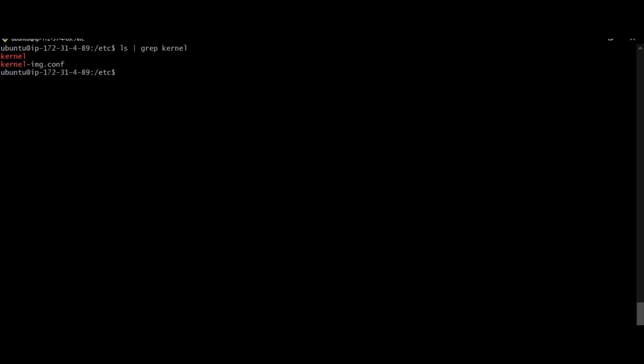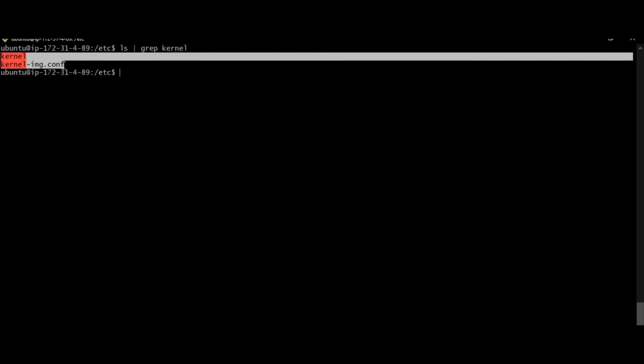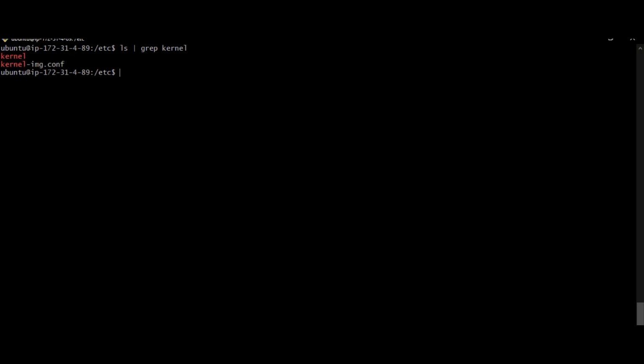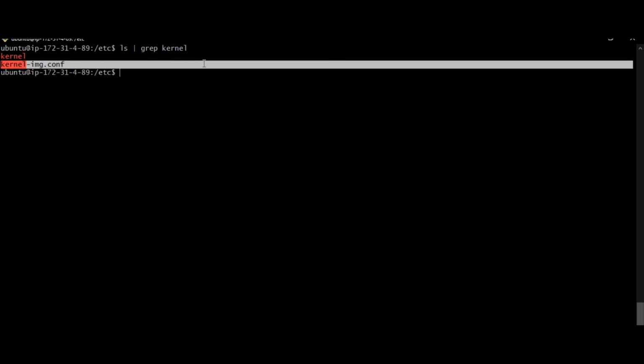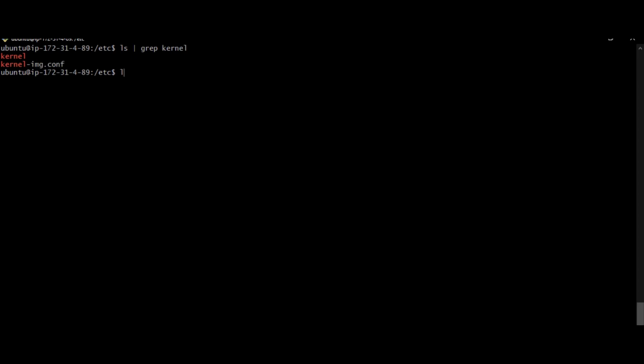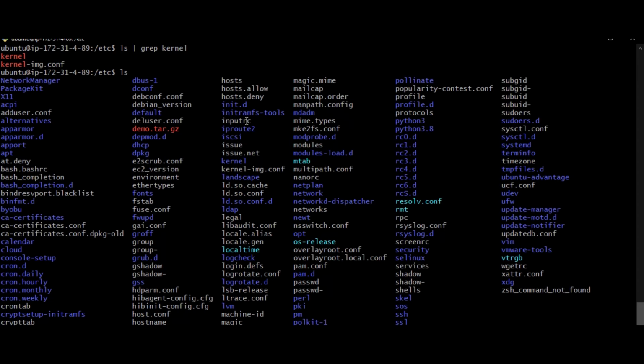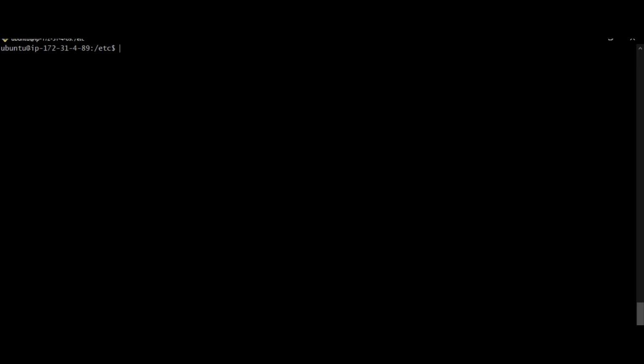See, I get two outputs: one is kernel and another one is kernel-img.conf. So with the name of the kernel, I have two files in this directory. Like this we can use the grep command.